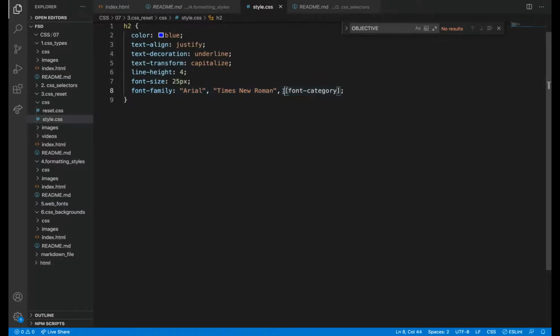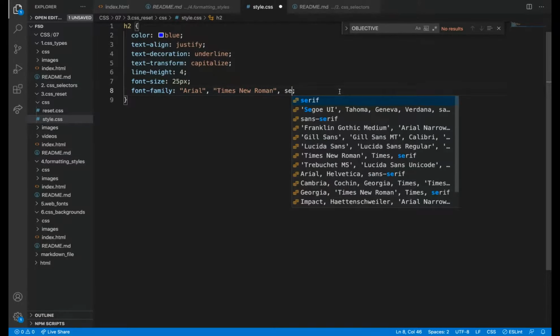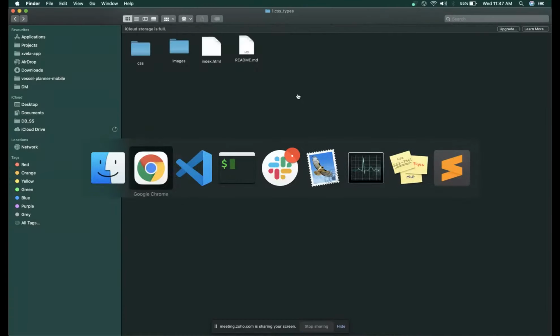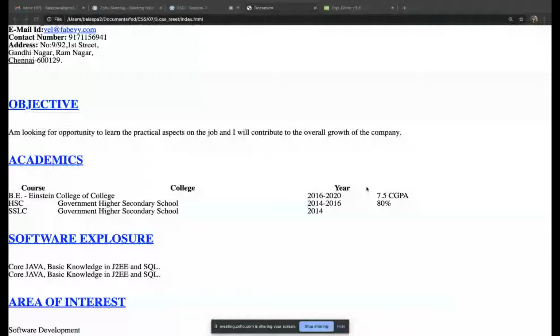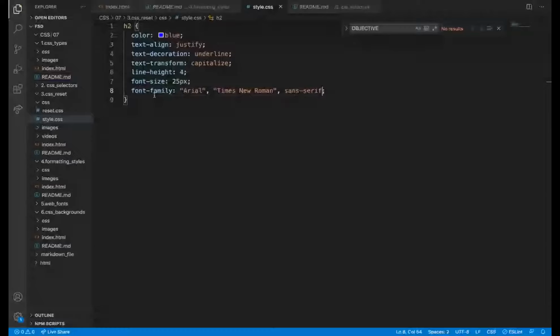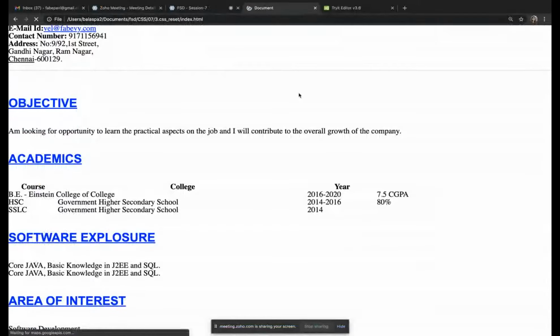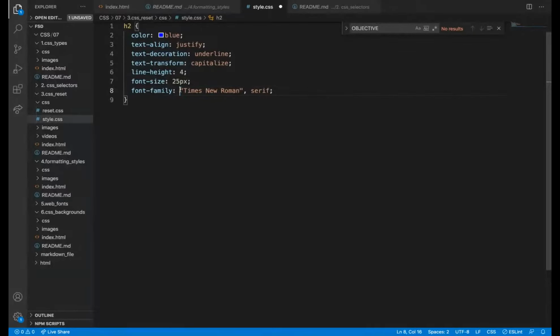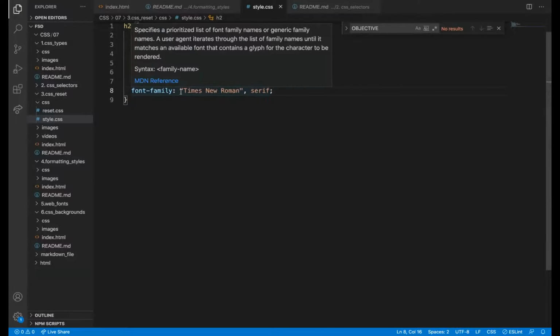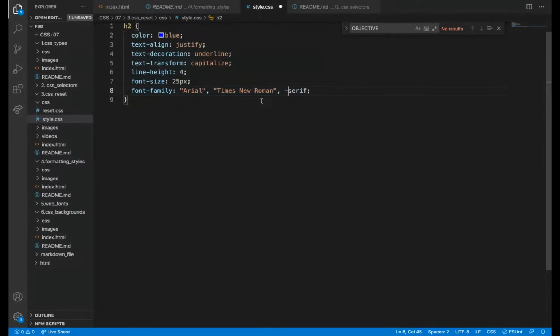And then what is this font category? There are two kinds: serif and sans serif. You don't need to dig into it much, but we will regularly give this. So the font got changed to Arial, but sometimes I'm giving serif. Arial is sans serif.